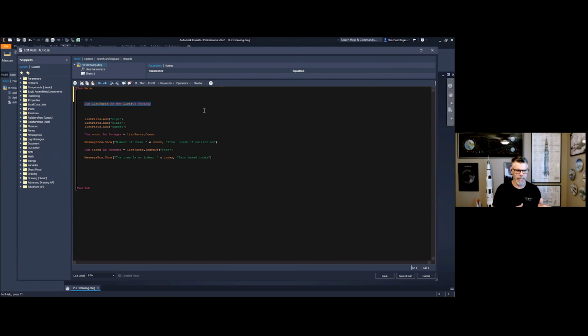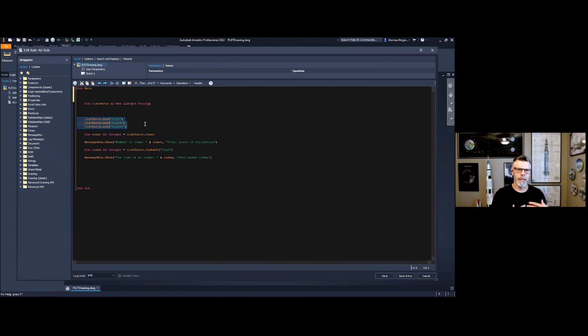So in this case, I know that I'm going to store text information or string information inside of this list. Okay, so the way that we populate the list. Now that I've created the list, I want to add some information to that list. So what information do I want to add? Well, it's very simple. Use this method where you call the name of the particular list and then .add, and then what value do you want to add?